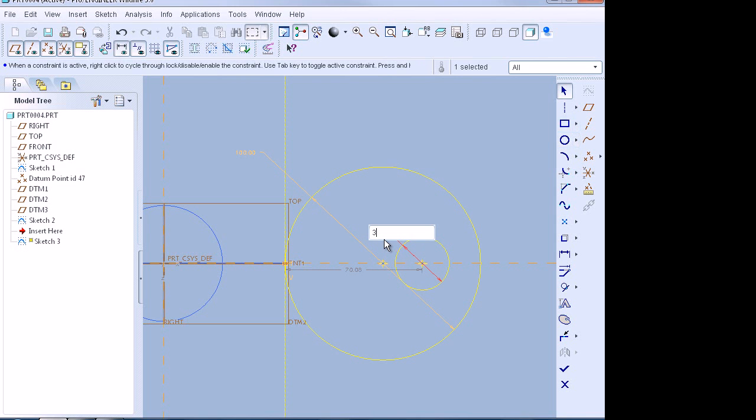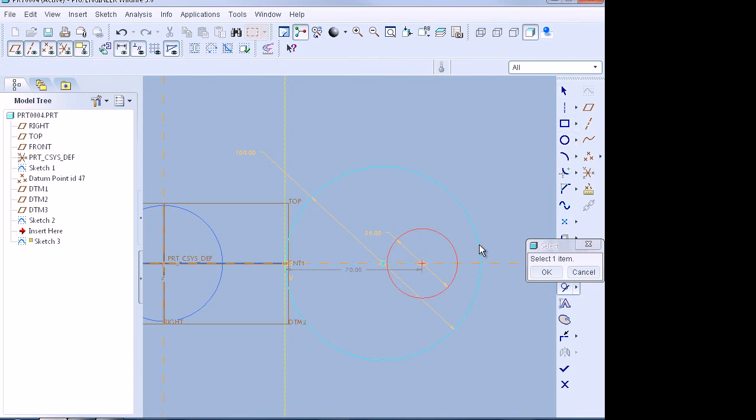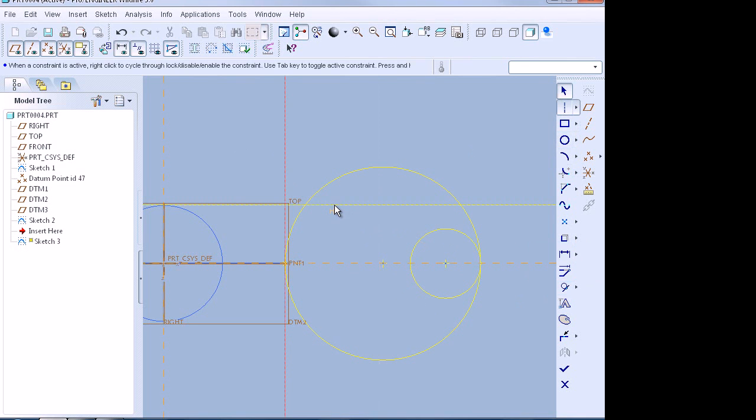Now you have to make this small circle tangent to the bigger circle. Now draw the 2 tangent lines, one above the small circle and one below the small circle, and both are at 30 mm distance from the center line. Now draw a circle like this and make it a dia of 20 mm.